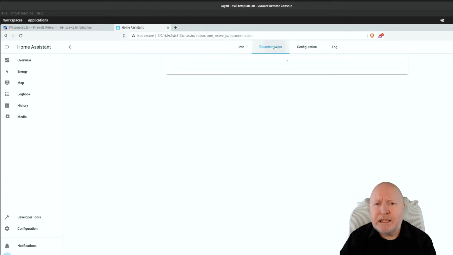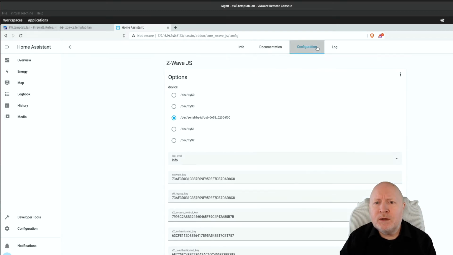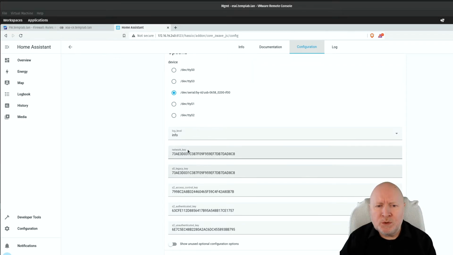There's a documentation tab you can click on to get a bit more information. But one thing I'm going to point out is click on this configuration tab here. These are all the actual keys that were generated. Now, the network key and the S0 legacy key are the same, but all the rest are different. Either way, take a copy of all of this information, store it somewhere, whether that's in a password database manager that's got a strong password to protect it, whether it's on a file and on an encrypted drive or disk